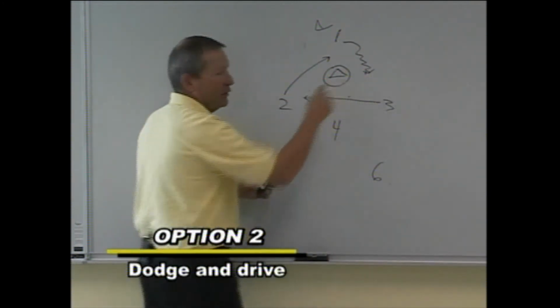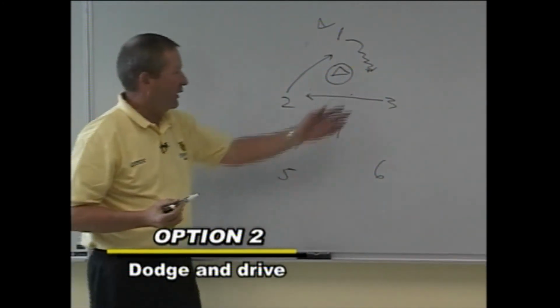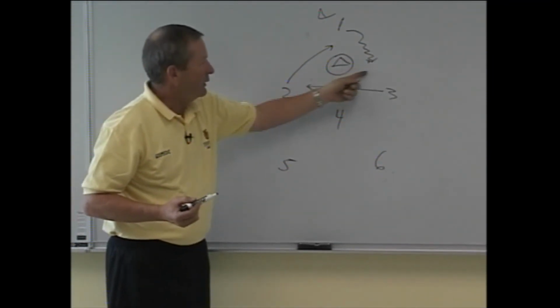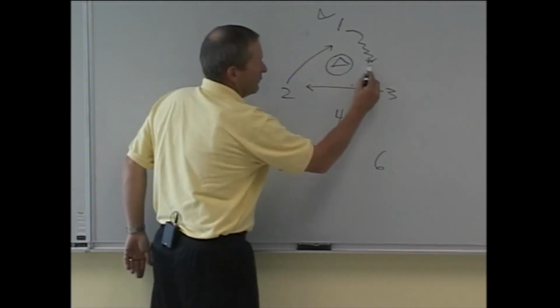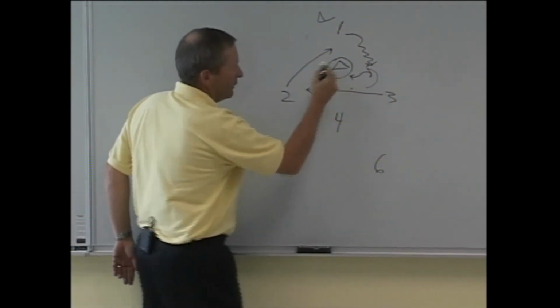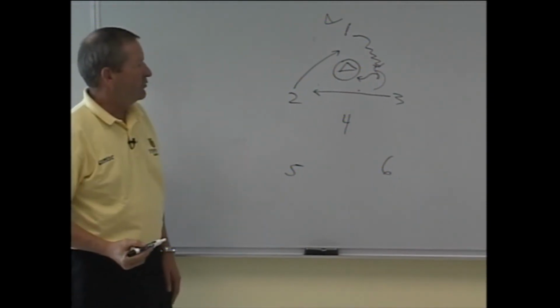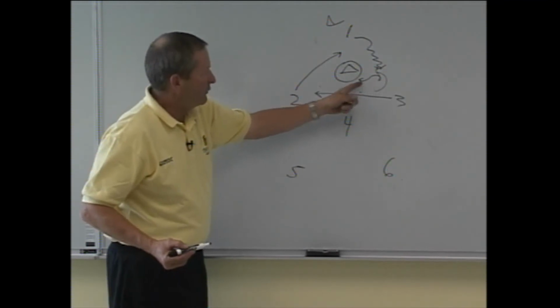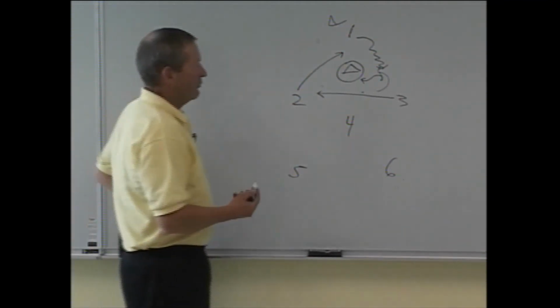He can dodge and go to the goal. And that's an area now that has no backup because his defenseman has gone with him. He can now dodge, make a topside roll, or he can come and try to inside roll and look for a score there. So that's his second option. First was to hit 3. Second option is to dodge himself. Third option,